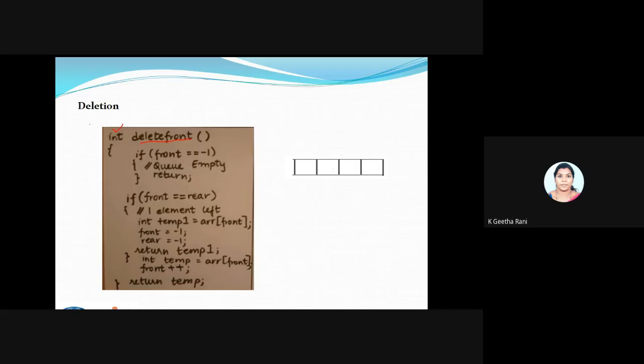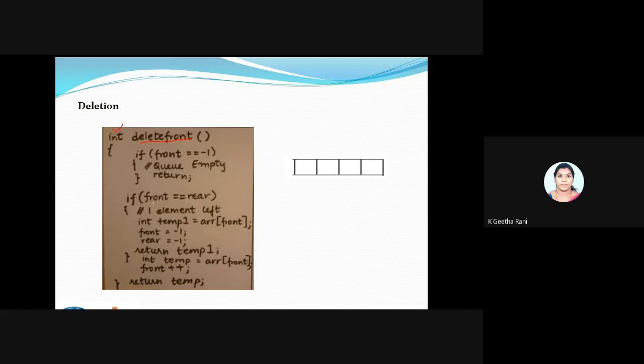So I'm using a type called integer to specify I'm going to return something. Fine. So now I'll be having a queue here. You can see for deleting, what I have to check is whether it is empty. The queue should not be empty if I'm going to make a deletion. Because I'm using delete at the front, if my front is equal to -1, surely the queue will be empty. Just come out of your function.